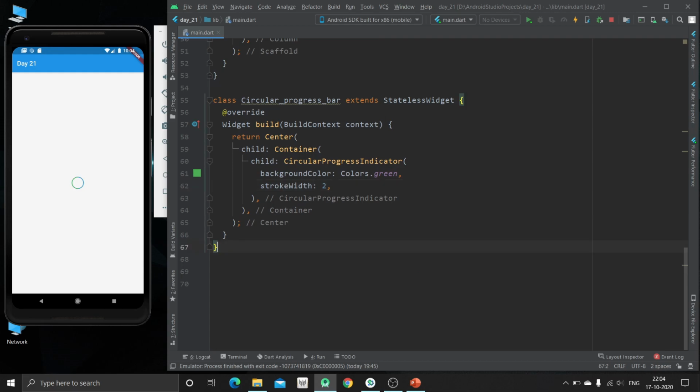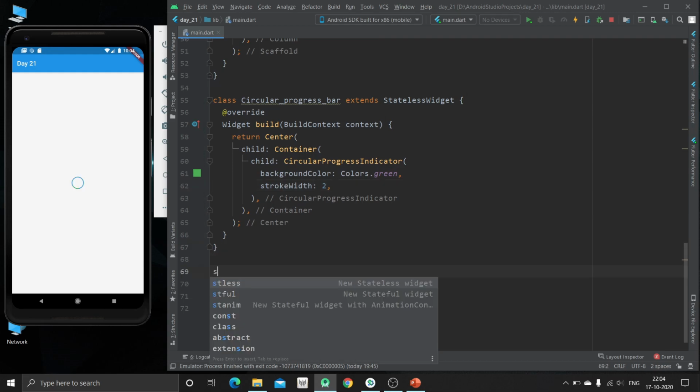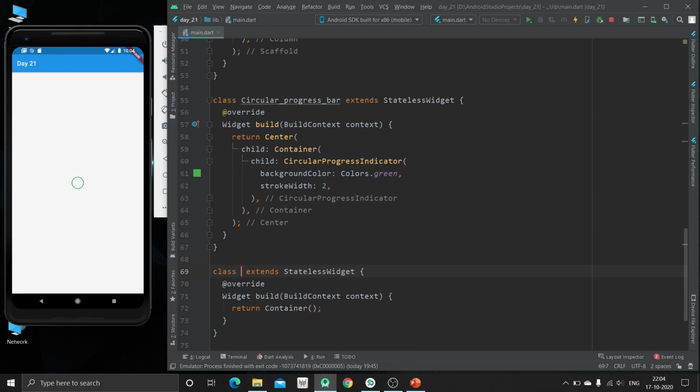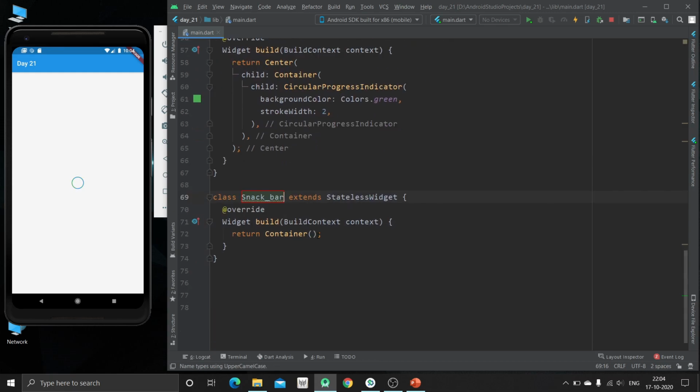Now we are going to see the snack bar. For that, again we will create one class, SnackBar. As we already discussed, a snack bar is just like a toast, so by default the message will be shown at the bottom of our page, and it will have some information, we can say a notification type.